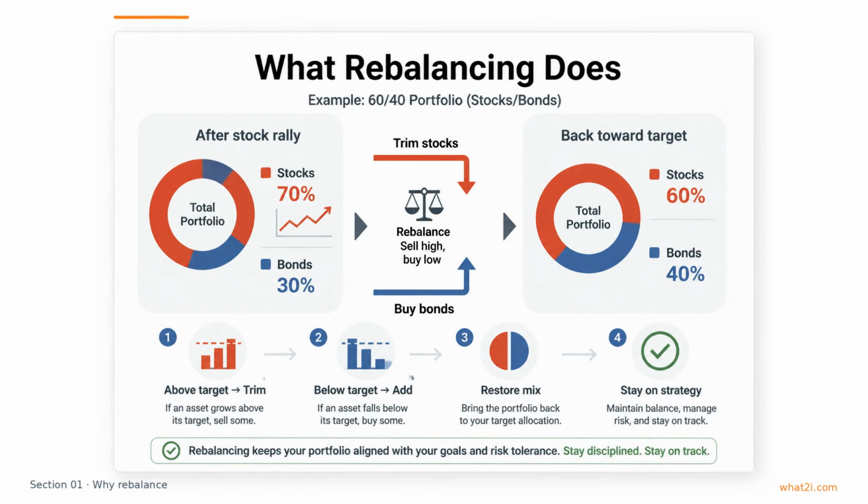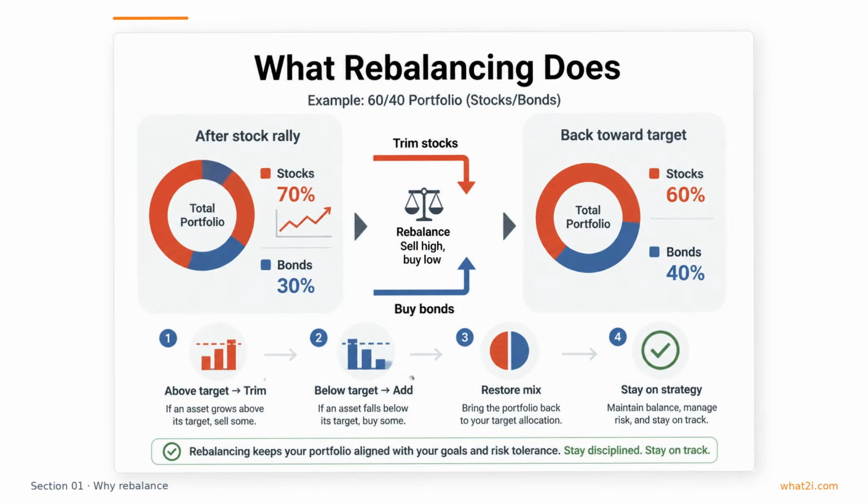In simple terms, rebalancing means moving the portfolio back toward its intended mix. That usually involves trimming positions that have become too large and adding to positions that have fallen below target. If stocks have run ahead and bonds now represent too little of the portfolio, the investor sells some stocks and buys bonds. The point is not to reverse every market move, but to restore the structure of the plan. This keeps the portfolio from being driven entirely by whichever asset class happened to do best most recently. Rebalancing turns the target allocation from a one-time decision into an ongoing policy.